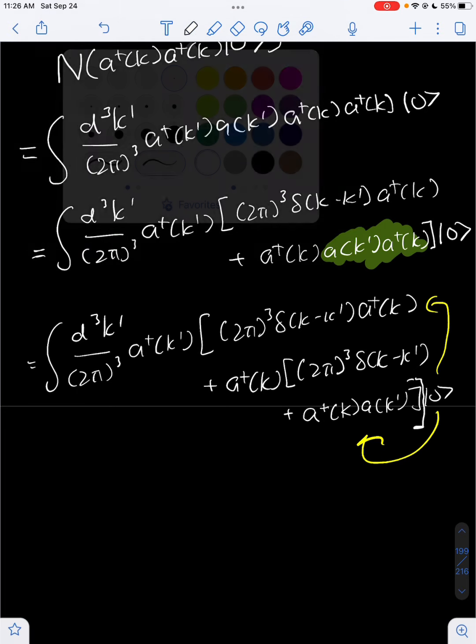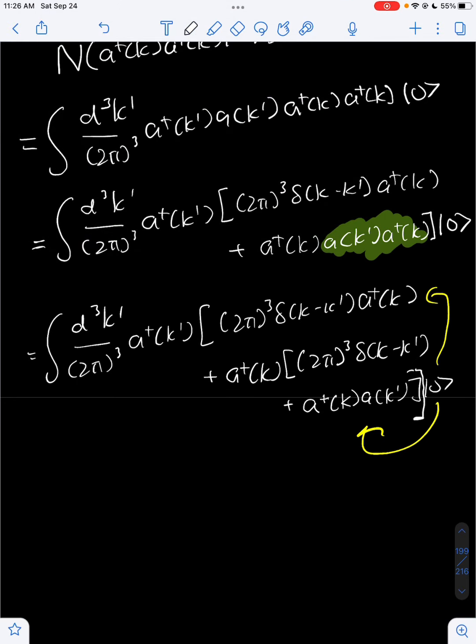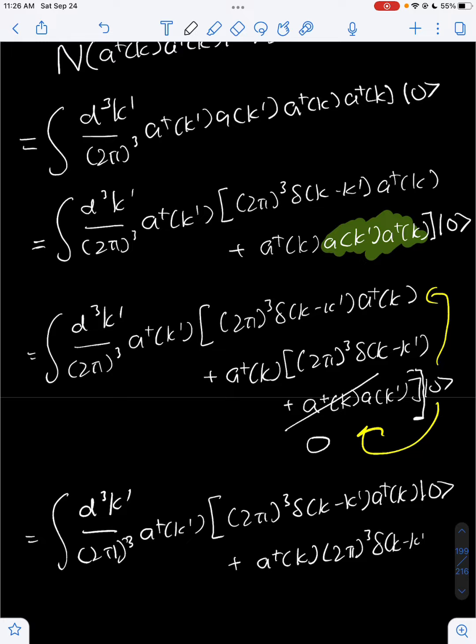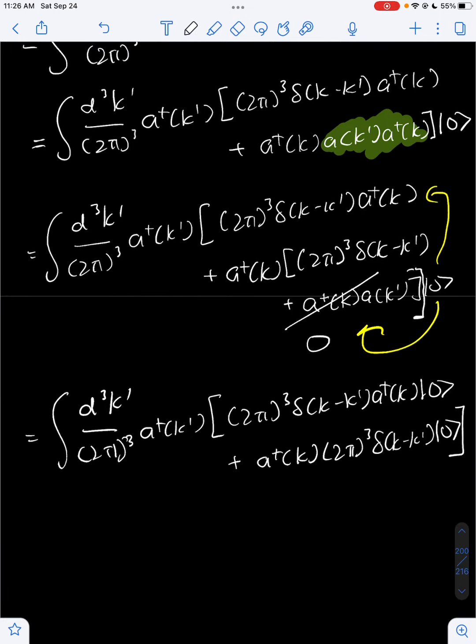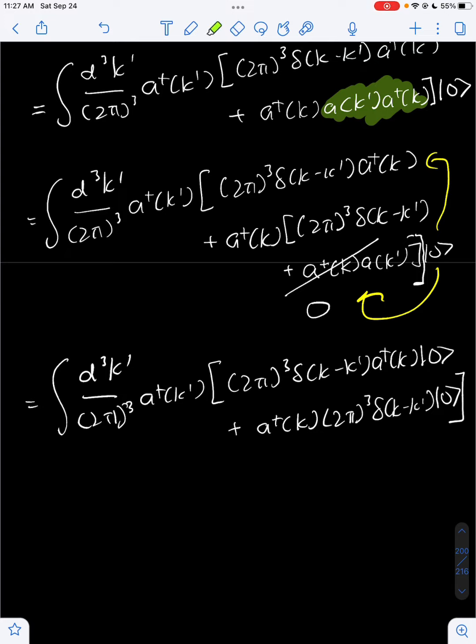And doing that, we know that this term is going to go to 0 since A of K prime acting on the vacuum state gives us back 0. So that's going to give us this term right over here. So what we can do now is distribute the delta function times (2 pi) cubed out, and that gives us